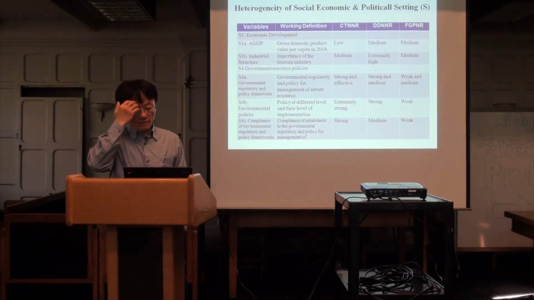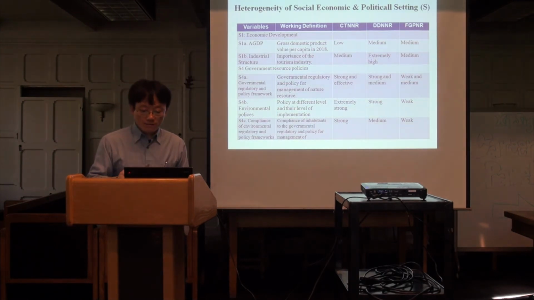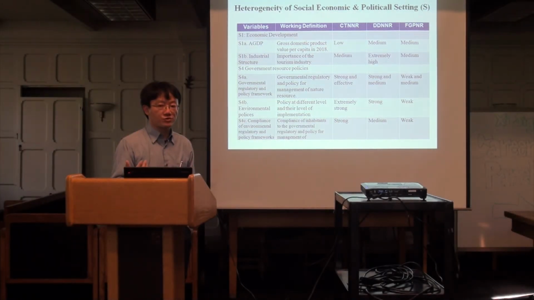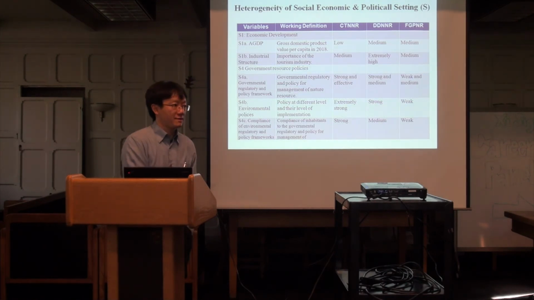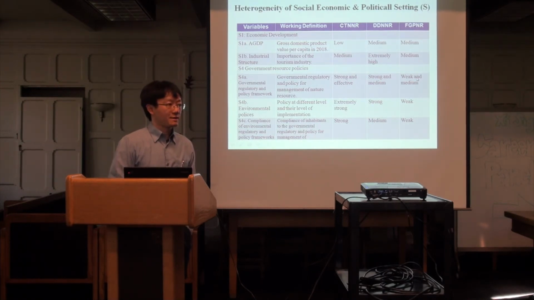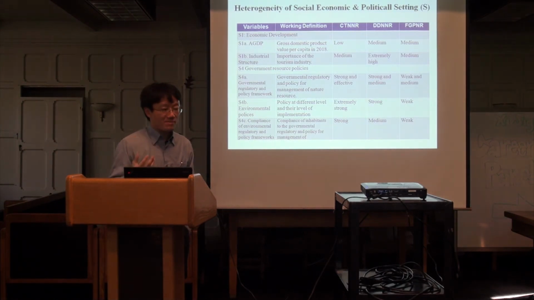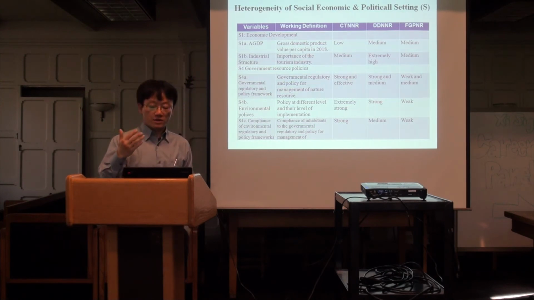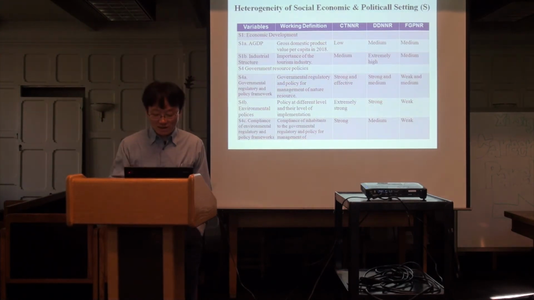The fifth is the socio-economic and political setting. For the first one, you might find it is a very beneficial setting, especially because they have a very strong police system from outside. That's for the first nature reserve. But for the third one, it's quite weak. But for the second one, they face strong impacts from outside, mostly concerning commercial factors, as they have a stronger motivation in developing the economy.